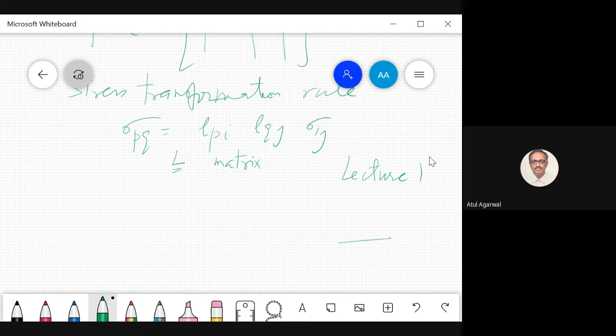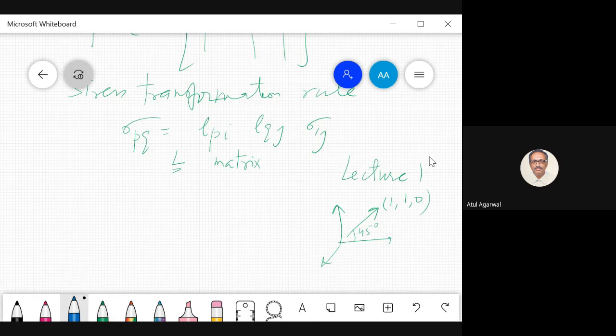You have a vector like this. This is a coordinate system. Components of the vector depend on the coordinate system. Suppose I take my vector like this. So this vector is suppose at 45 degree. Now what is the component of this vector? Suppose these components are these 110. Now I take another coordinate system.